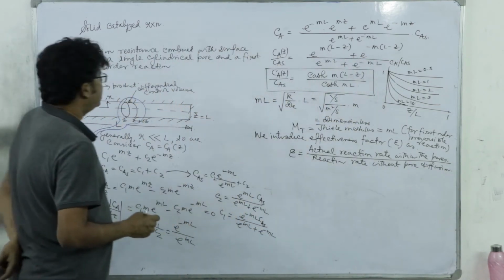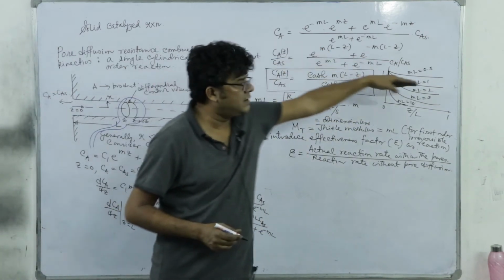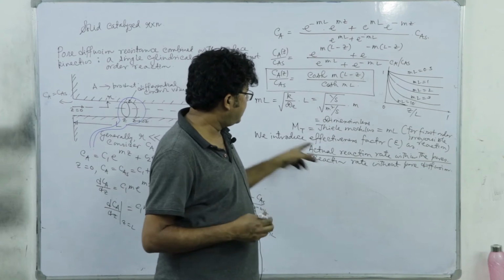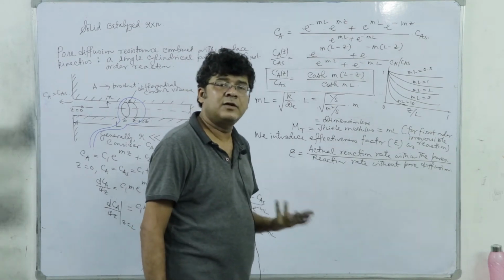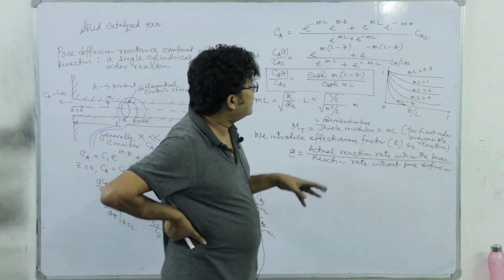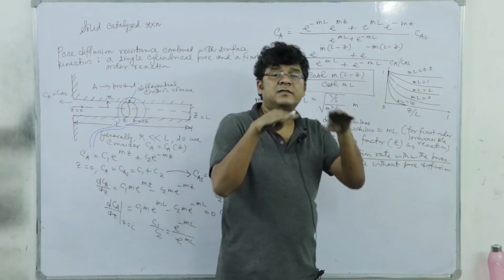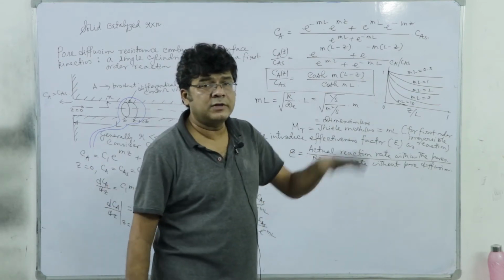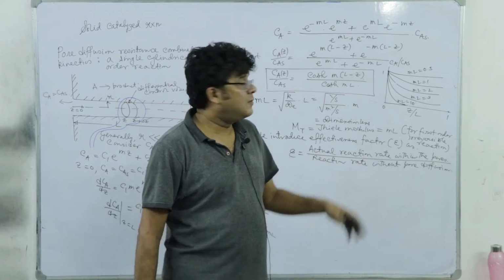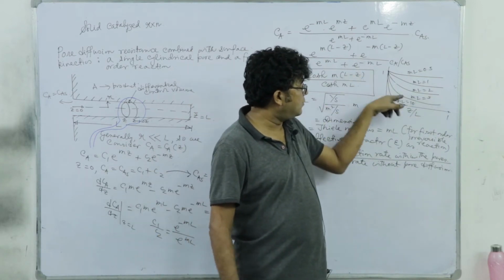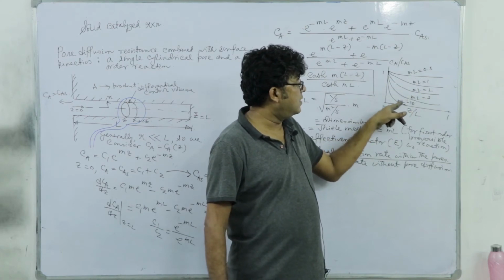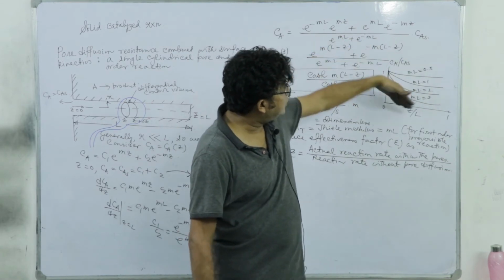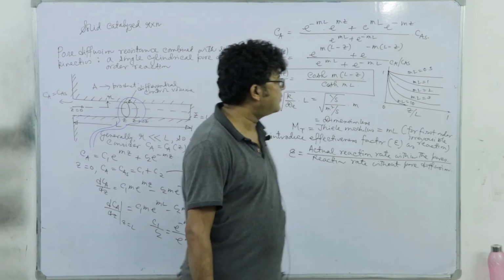Just try to understand that concentration decreases along the pores. So, this value epsilon, the effectiveness factor, will be close to 1 if the system is reaction controlled. Why? Because if it is reaction controlled everywhere and diffusion has got negligible role to play, everywhere inside the pore the concentration will be CAS. Whereas, if pore diffusion is dominant, which we see increases with the increase of this Thiele modulus, what will happen? The concentration rapidly drops within the pores.